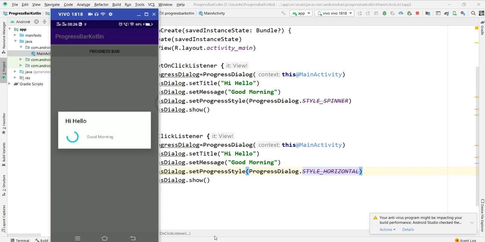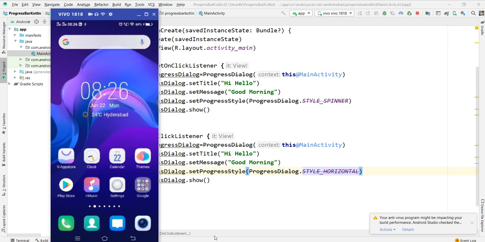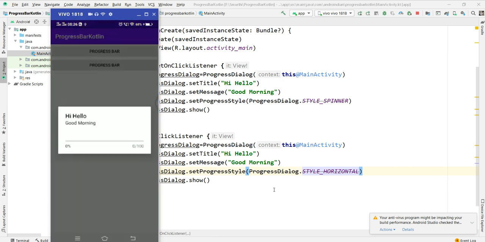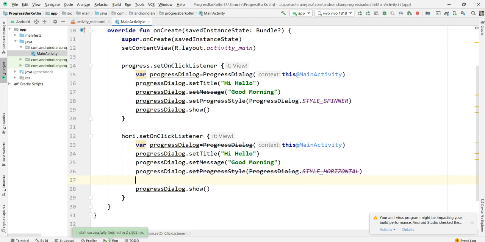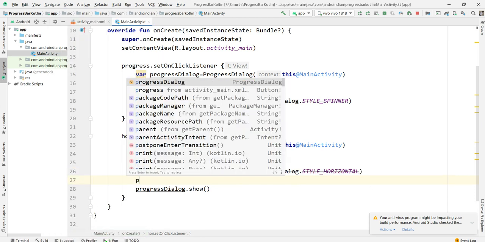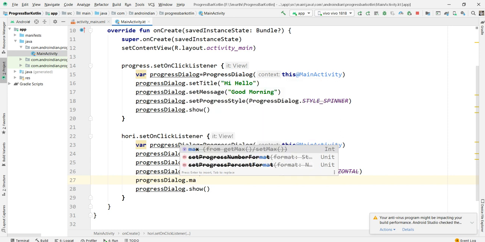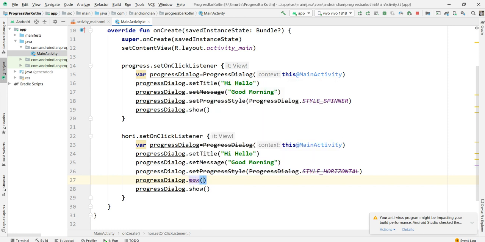How this is happening, you can see here now. Still it's running this application. Now see, it's running. Here the progress bar goes from 0 to 100. But this value we can set with progressDialog dot max. That maximum value we can set here. If we set max to 20, previously it's 100, now 20 only.